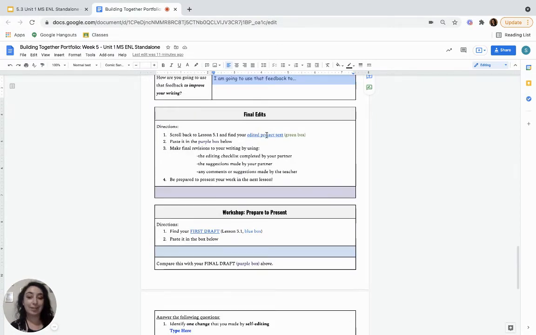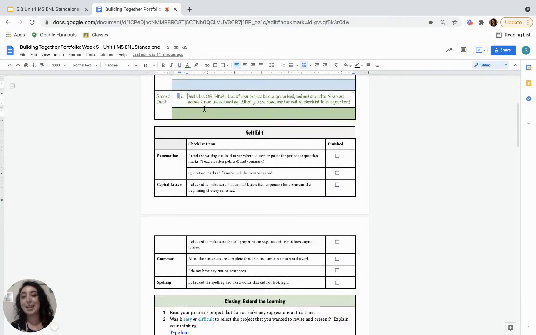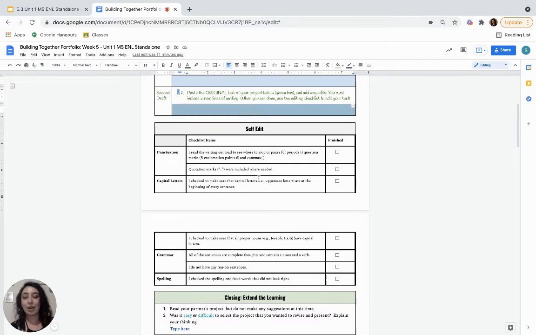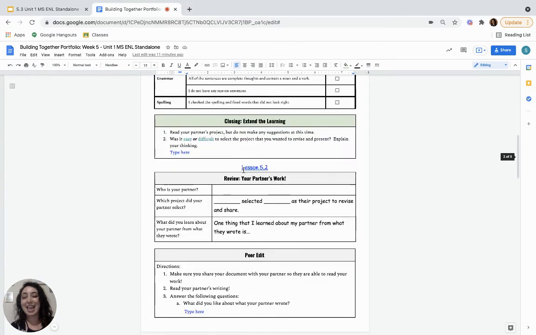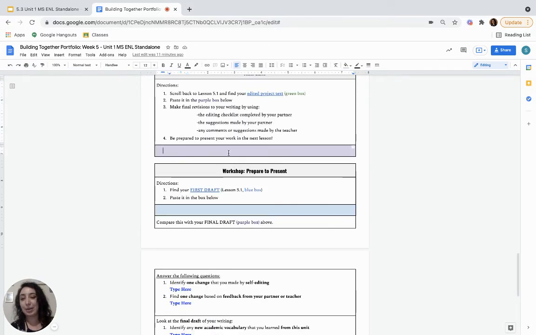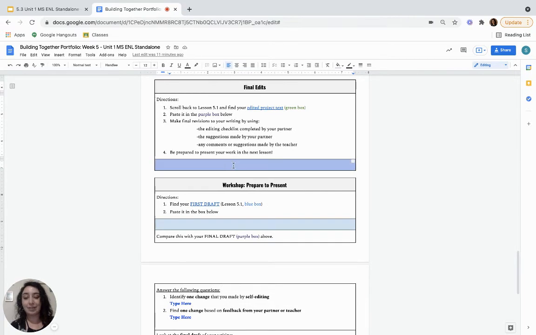there are bookmarks in this document. So if they click on this edited project text up here, the green box from 5.1, it will take them to that green box from 5.1. So they can copy and paste their work and then scroll, so they can copy their work up from that green box and then scroll back down to 5.3, paste it in the purple box. So same thing down here for the workshop. So the purple box should then have their final draft, their completed draft